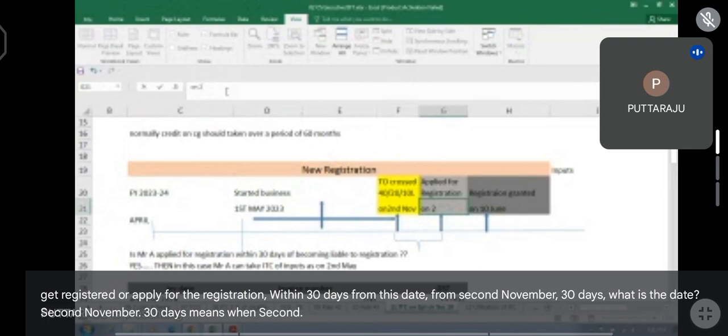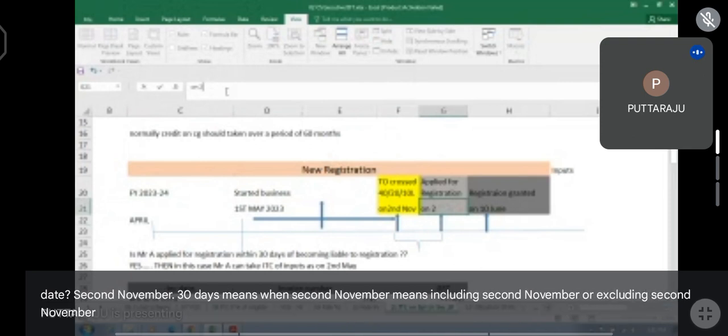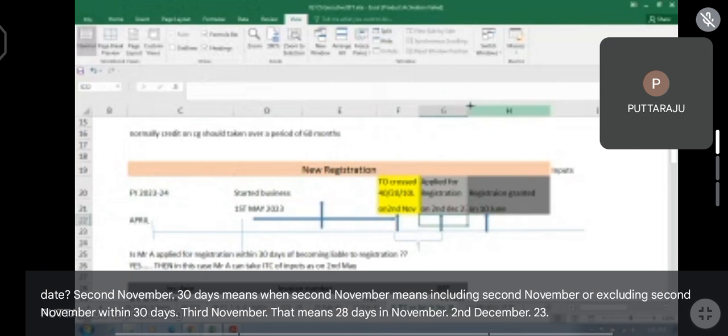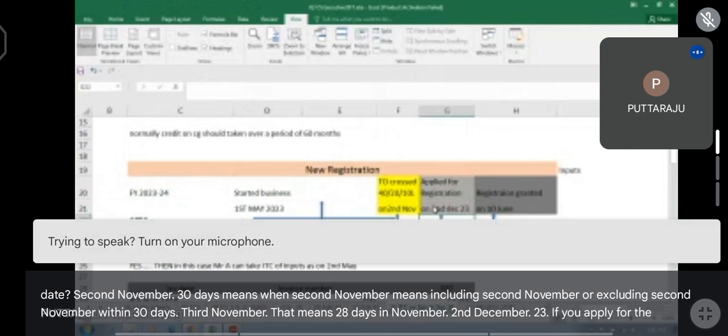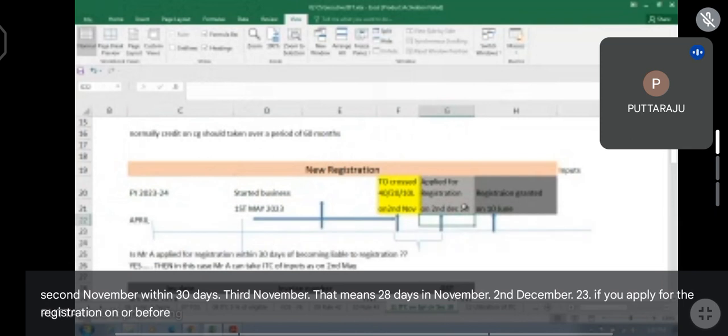Including or excluding 2nd November, within 30 days, 3rd November, that means 28 days in November, 2nd December 23. If you apply for the registration on or before 2nd December 23,